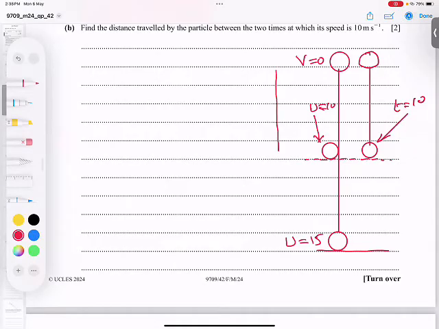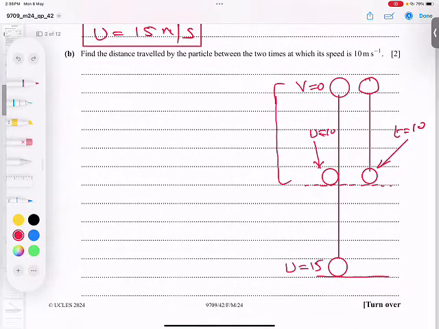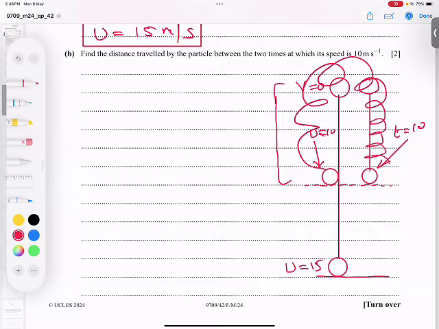So this motion, when you talk about, I want to find, what is the target? To find the distance traveled by the particle between two times when the speed is 10. So let's start. Speed is 15, 16, 17, 18, 19 here. Suppose it is going, our speed will reduce 15, 14, 13, 12, and here 10. And it's slowing and stops here and now accelerating again 1, 2, 3, and 10